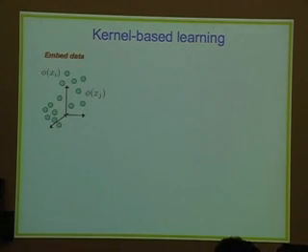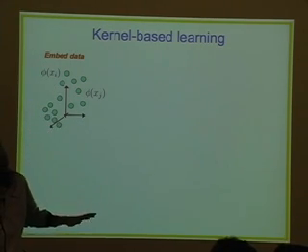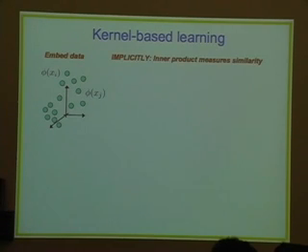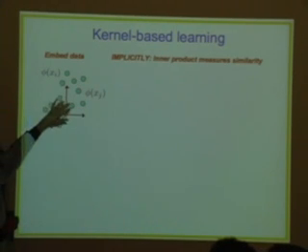Now, the basic thought of this kernel-based learning framework is that the embedding of these data points, which we can denote by phi of xi, phi of xj, in this high-dimensional Euclidean space, is actually not explicitly defined. We will never explicitly specify the coordinates in this high-dimensional space. What we'll do instead is implicitly define the embedding by specifying the inner products between each pair of data points in this space, all right?